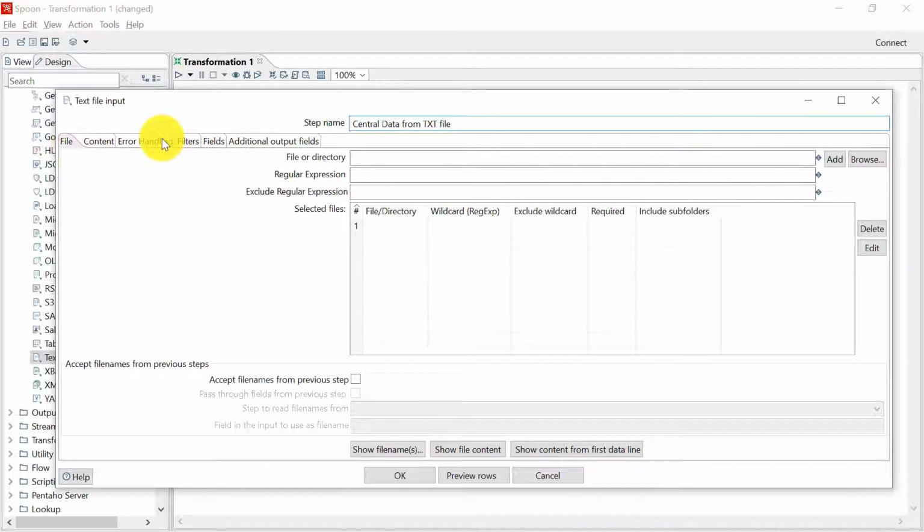Now you can see there are several tabs. We have to configure some of the tabs out of these. The first is file tab, in which we have to specify the text file from where we'll be getting the data. So either you can manually enter the location of the file or the directory, or you can browse it by clicking this button.